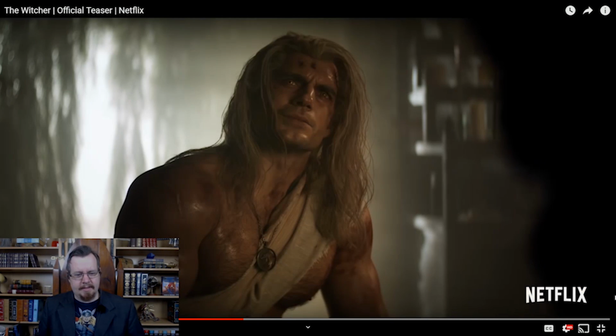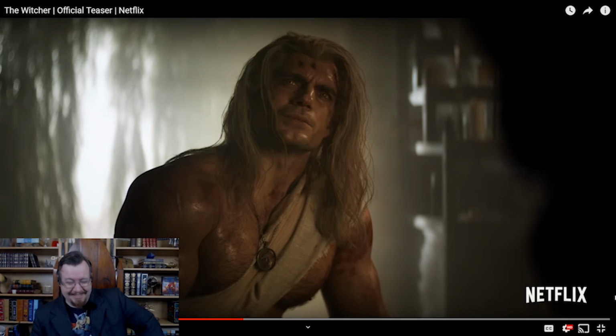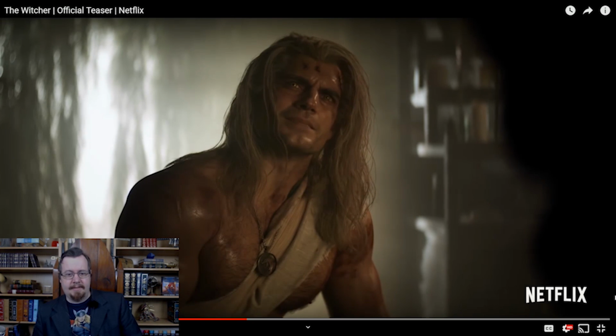Some more witchery, yeah, armor, like, nothing special here. Dang! Henry Cavill. He is jacked. Look, I think that's actually brilliant because you want your heroes in fantasy to have that kind of comic book heroic physique. Like, just look how buff this guy is. He could play Superman if he wanted to.